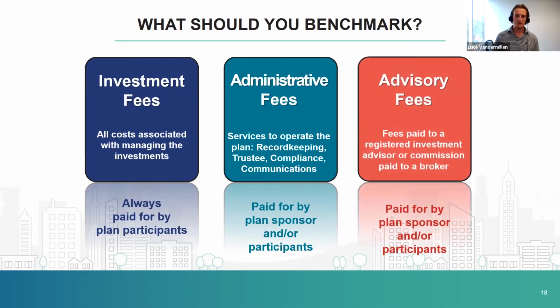And then lastly, advisory fees. So this is typically used for prospecting type conversations where you might be able to go in and say, hey, what's your current advisor charging? What kind of services are they offering you? Well, I actually charge less money or just the same and offer twice the amount of services. And that's where things like the Prism 365 report come in. And again, there's a conversation around who pays the advisor compensation. Is it taken out of participant accounts? Is it paid for by the plan sponsor?